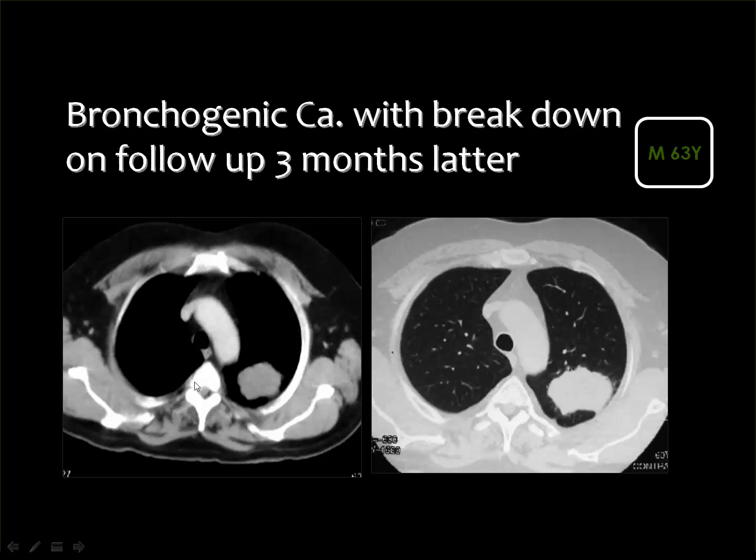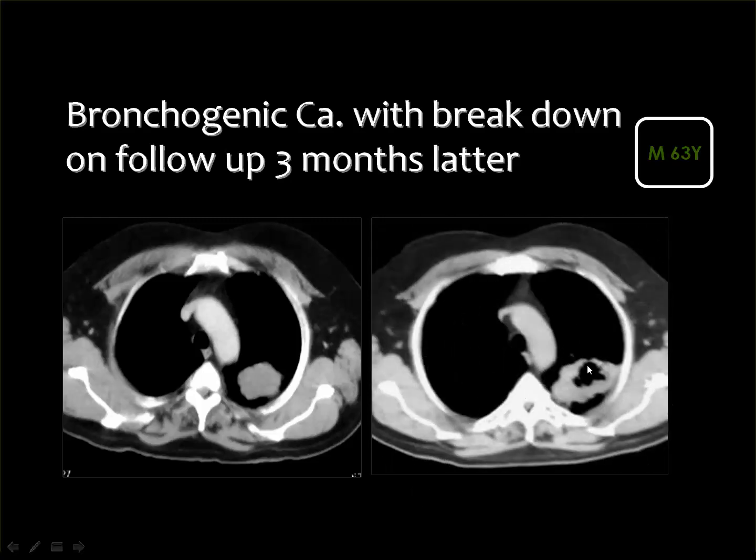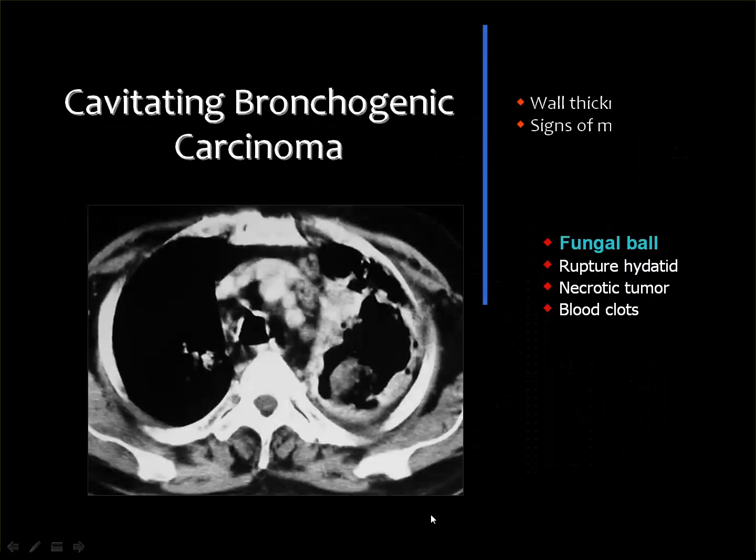This patient had a solid mass that was diagnosed as a bronchogenic carcinoma. He refused to do anything, and he came after 3 months for follow-up, and you see that the lesion has developed central cavitation with irregular thickening of the wall as well as irregular inner margin, characteristic of a cavitating bronchogenic carcinoma. Whenever you see a cavity in the lung and inside the cavity you see a mass, then the differential